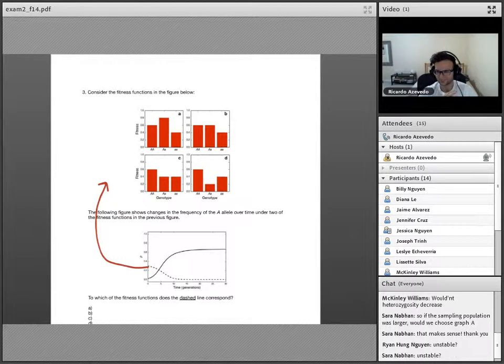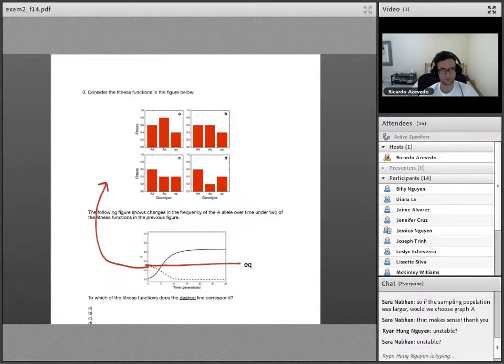Unstable, yes, as Ryan and Sarah pointed out, it's unstable, right? So presumably there is an equilibrium here, or higher than that. This is the equilibrium, and since it was below the equilibrium, it went down. As far as we know, there's only one system that would have that. That is an under-dominant system,